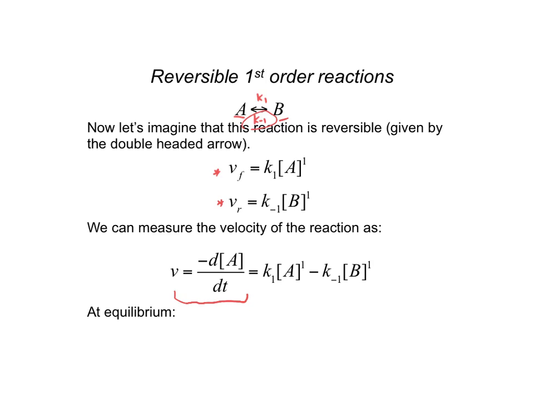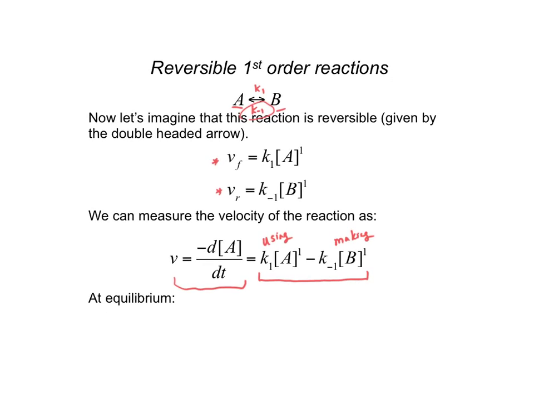So now, the rate of these reactions have to account for the fact that we're utilizing A in the forward reaction, but now we're starting to make A in the reverse reaction, okay? So this is going to be using A and then making A. So the overall rate of the reaction would have to account for the two of these if we wanted to measure it via following the concentration of A. Big thing to note, at equilibrium, what happens to these rates? We reach equilibrium, what happens to them? Rate of the forward reaction equals the rate of the reverse reaction,